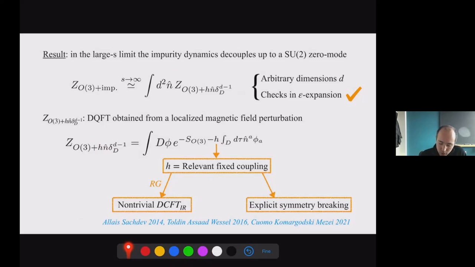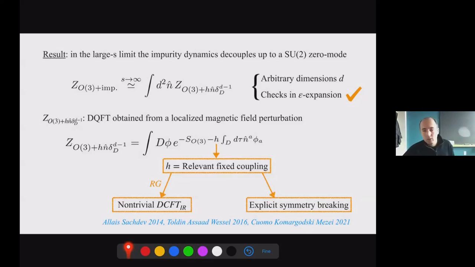And in fact, we have a lot of data about this problem based on some Monte Carlo and based on our recent paper. And we can also compute 1/S corrections systematically in terms of absolutely CFT data and check in the epsilon expansion that their calculations are correct. So the main message I want to convey is that this large S limit allows us to make physical predictions also for impurity in the free and interacting case, even though it comes in a somewhat more subtle way.